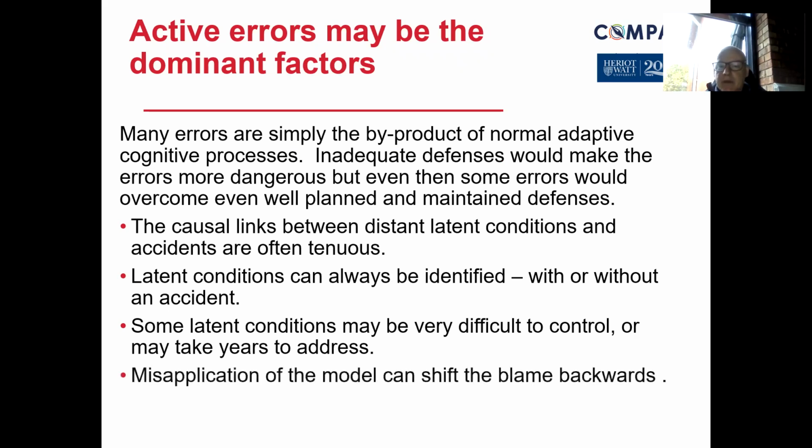A misapplication of the model can shift the blame backwards. So again, it's like, now that I've got it wrong, I've lost face with people, my position isn't as credible as it used to be, and perhaps they don't now see me as a competent person giving accurate advice. Therefore, that blame backwards means that there's reluctance in taking on board the expert's opinion.